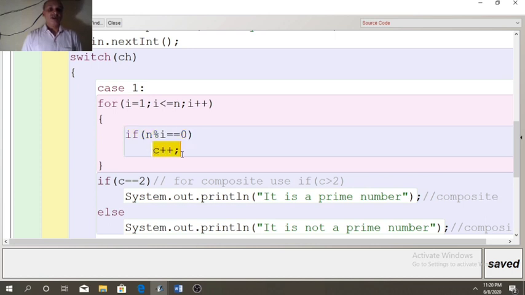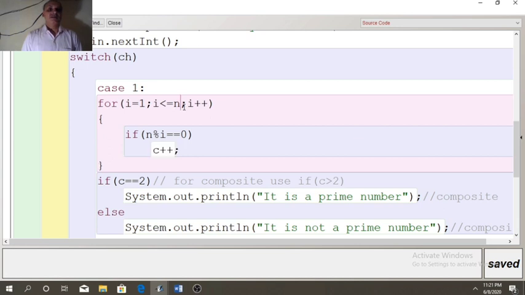So this statement will not run. So C will remain 1 as it is. Now when the body is over, I will update to 3. Again 3 is less than or equal to 3. Satisfied. This time 3 modulus 3 is 0. Satisfied. So C++. In previous case we had C equal to 1. So 1 plus plus will become 2.